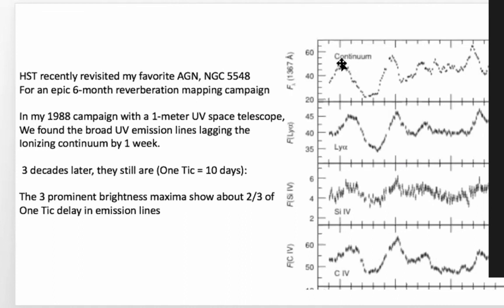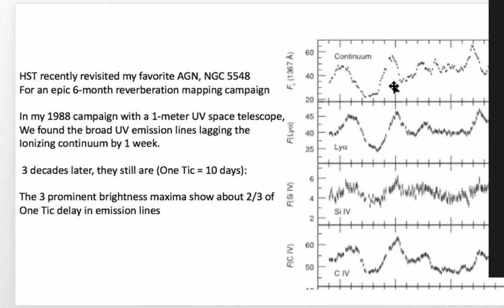The continuum which is causing the changes changed first. And the continuum hits a peak about there. It hits a minimum about there. About 10 days later, the emission line shows its peak. And then about 10 days later, it goes down to minimum. Then about maybe 7 or 10 days later, it goes to a maximum here. So these emission lines are responding with a delay, which we said was about 7 to 14 days. You can see it in the graphs.